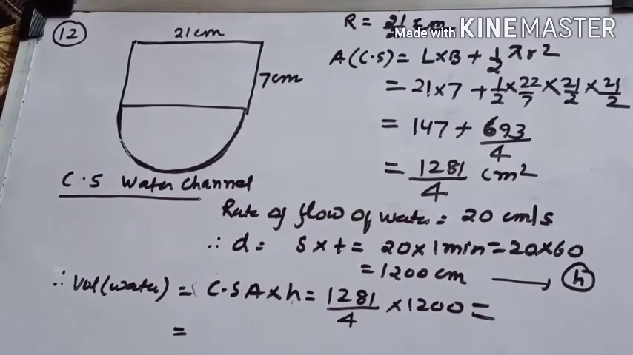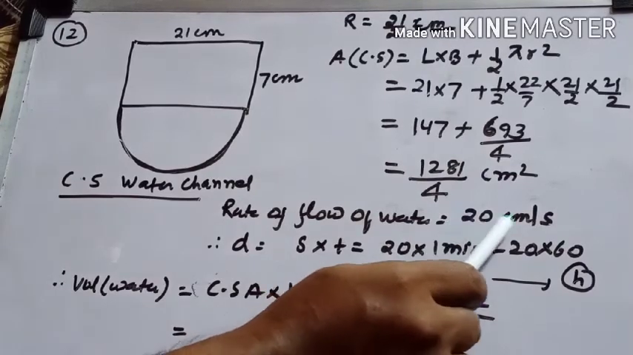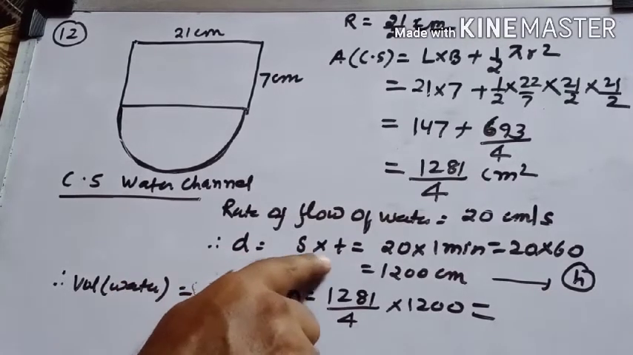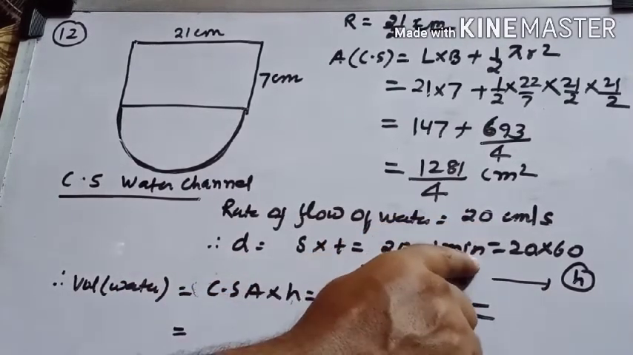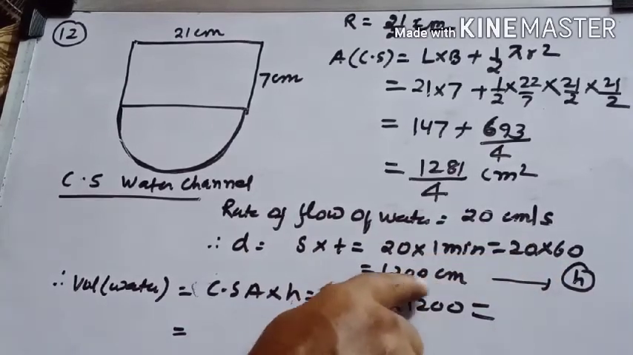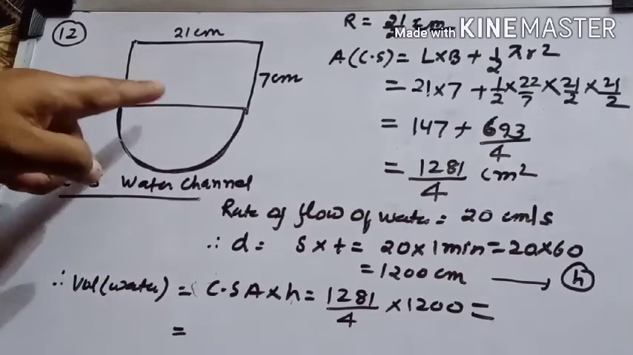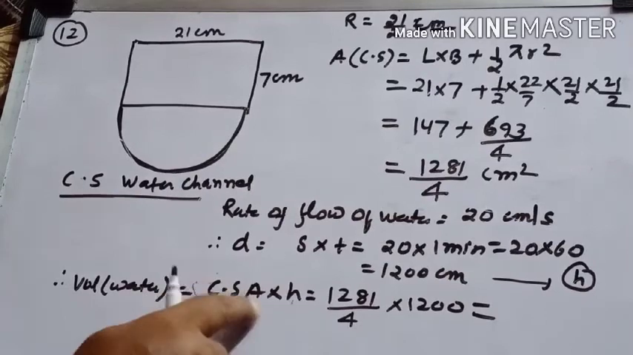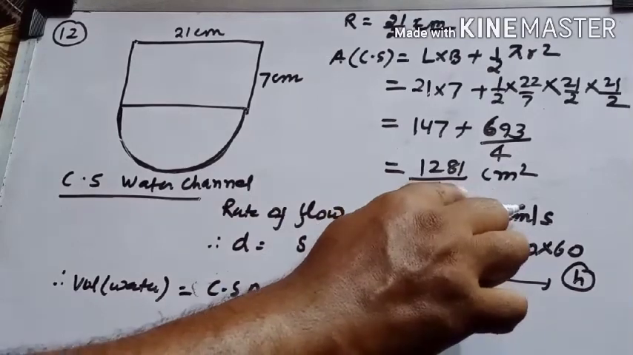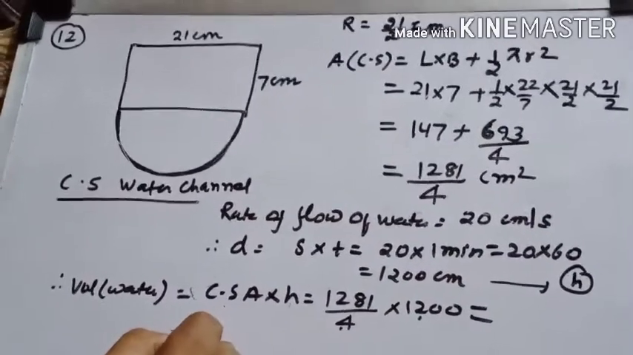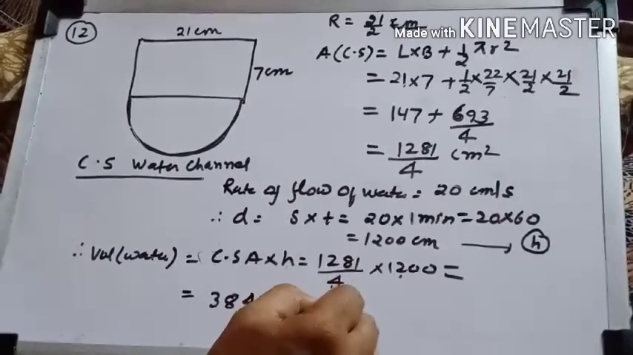Now since you have to find how much water is flowing through it, at first we'll calculate how much distance the water will cover at the rate of 20 centimeter per second in 1 minute. Distance is equal to speed into time. So speed is 20 and time is 1 minute, meaning 60 seconds. 20 into 60 will be 1200 centimeter. So the volume of water flowing through this channel in 1 minute will be its cross section area into the length, that is 1200 centimeter. So the CSA we have already calculated, 1281 by 4 into 1200. 4 will cancel 1200 300 times. So the result will come out as